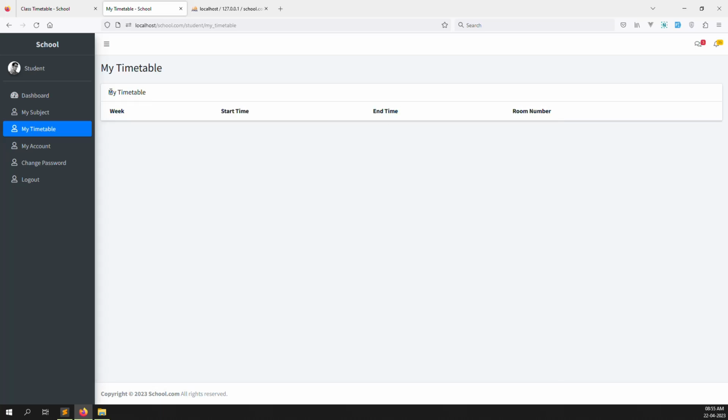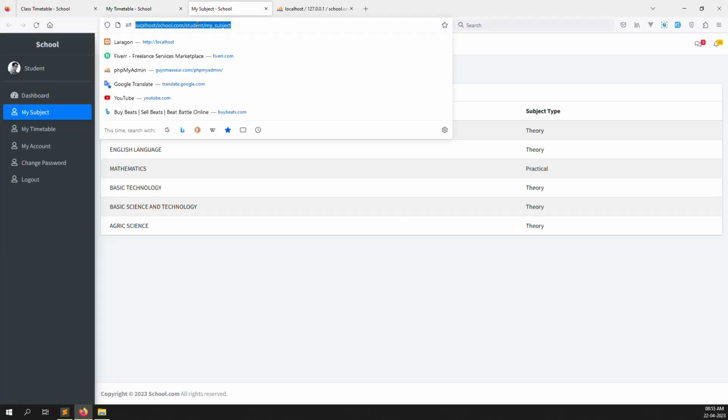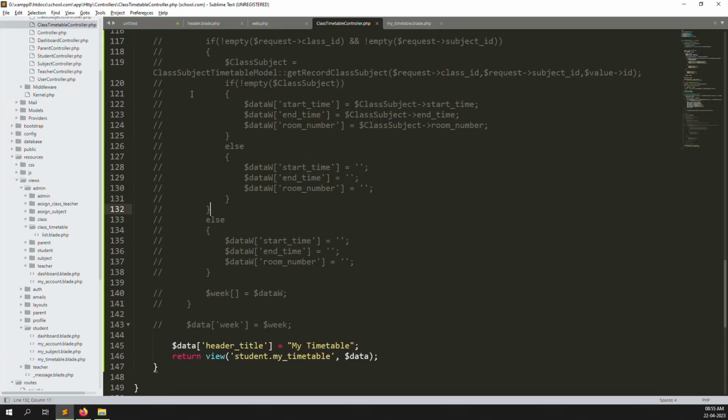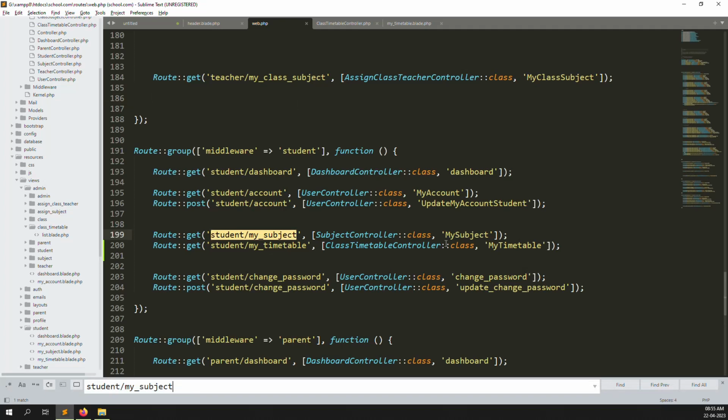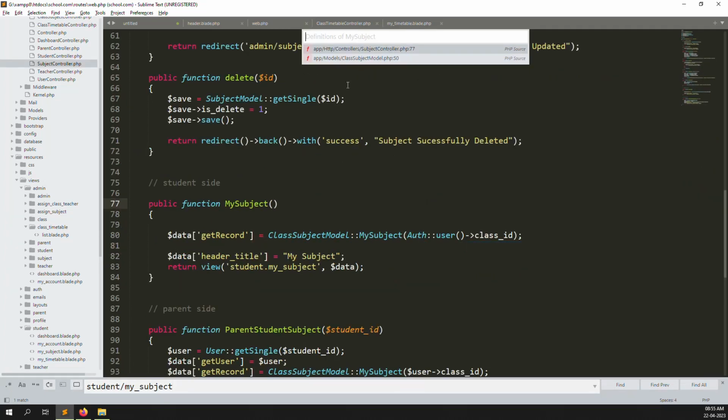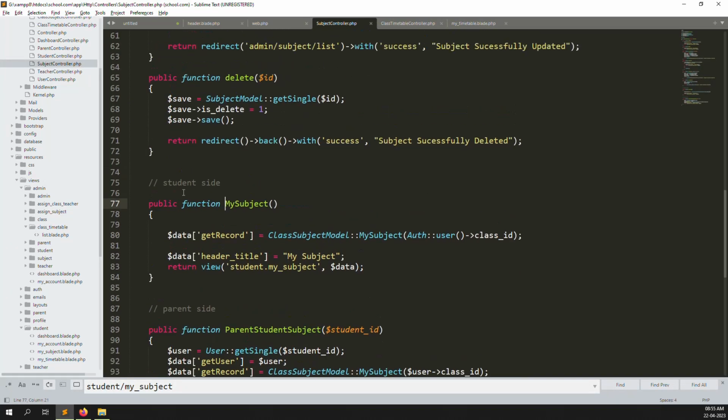So we need to show here our subject name, and this is the subject name. Inside we need to show the week, start time, end time, and room number. This is the subject name we have already got inside my subject. So let's go inside and check where my subject is. So just go to web. Inside you need to click my subjects, meaning you need to go to student controller. Inside you can see my subject. Just copy this line and go to